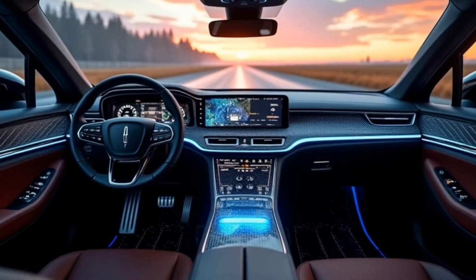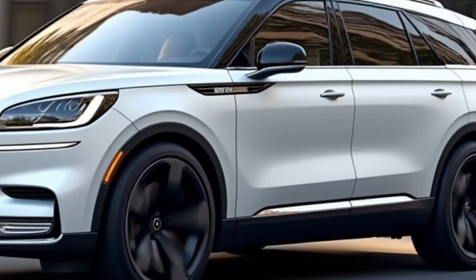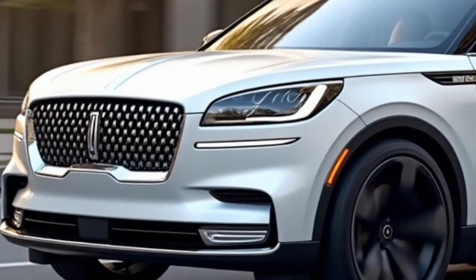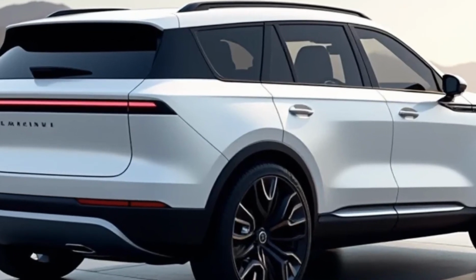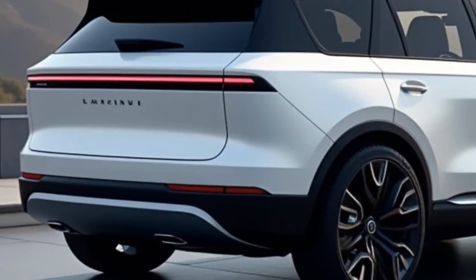Under the hood, the 2025 Lincoln Aviator is powered by a twin-turbocharged 3.0-liter V6 engine, delivering impressive performance with smooth acceleration. For those seeking extra power and efficiency, there is a plug-in hybrid variant that combines the V6 engine with an electric motor, providing enhanced fuel economy and additional horsepower. The hybrid model also offers an all-electric driving mode for short distances, making it a great option for environmentally conscious